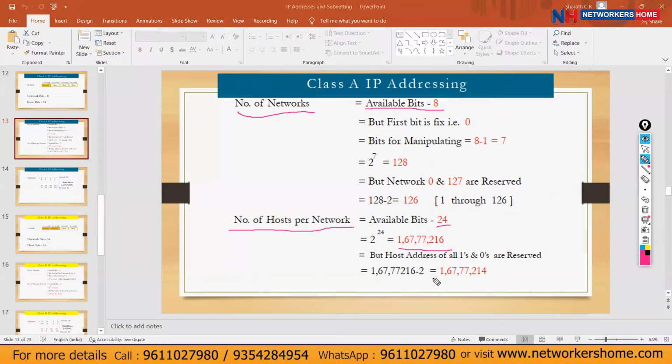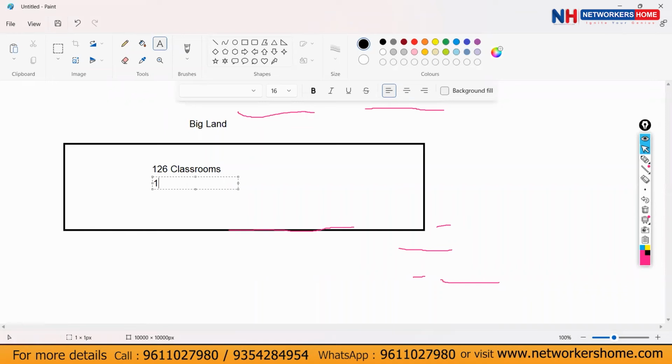So we minus 2. Network IP, broadcast IP, we do not use those two IP addresses. So what is the answer? 16777214. We can fit these many students in one classroom.